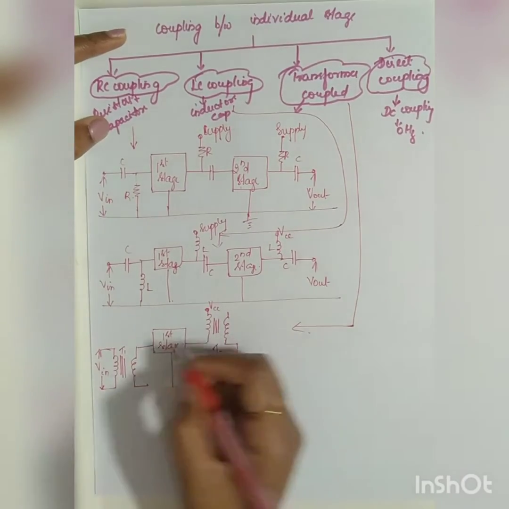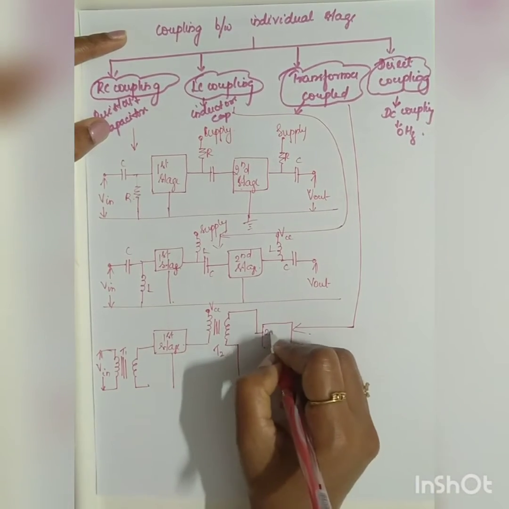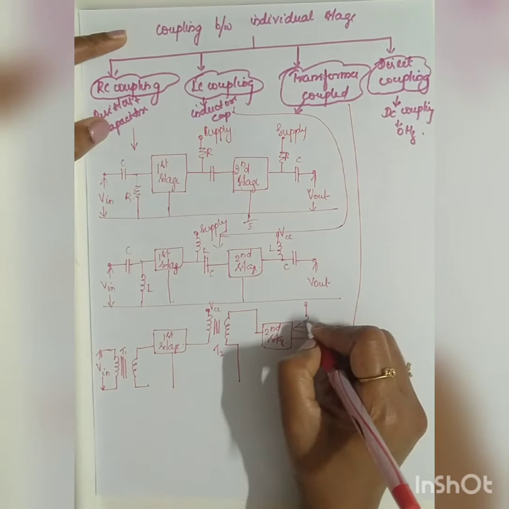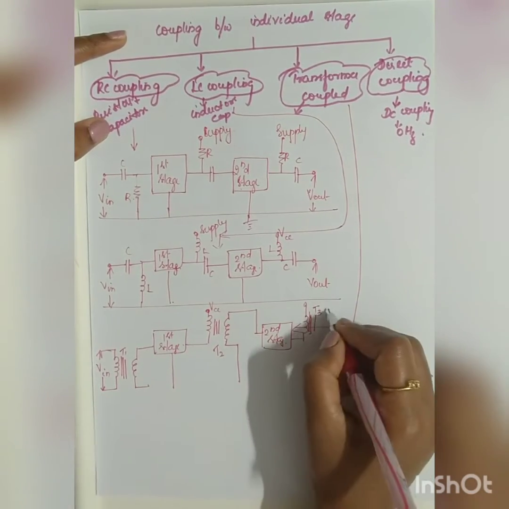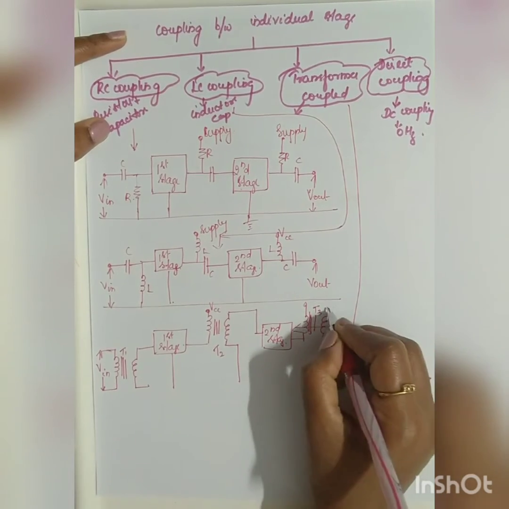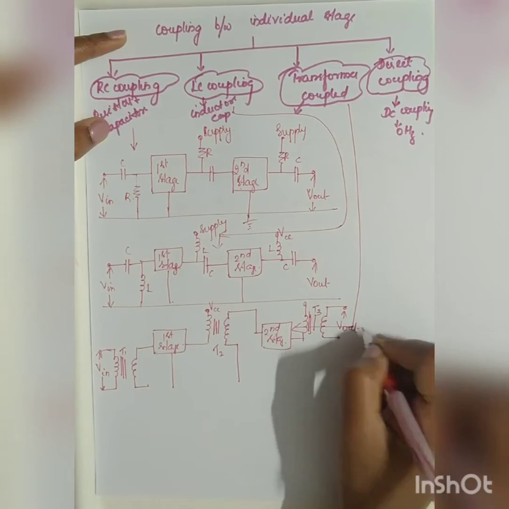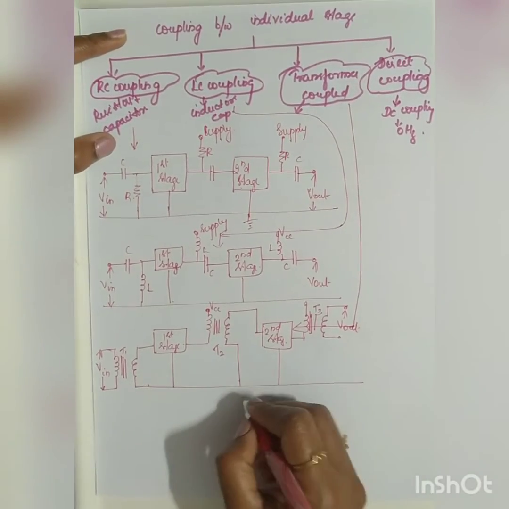This will be your transformer T2, which will be fed as input to your second stage. Again you have your transformer T3, from which you are going to take your corresponding output. This will be your ground,